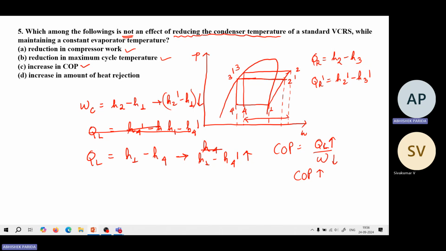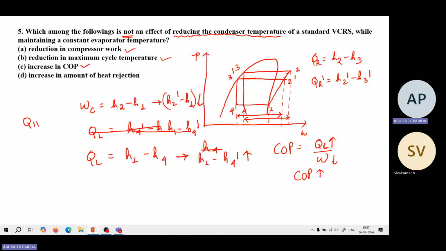This was the case earlier. This is the case now. Okay. Mostly you cannot comment on this, to be very honest, but mostly you will find that the amount of heat rejection will reduce, because if you see